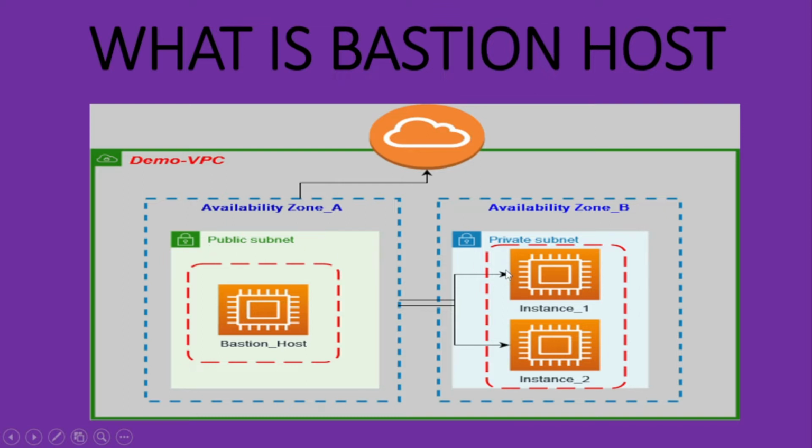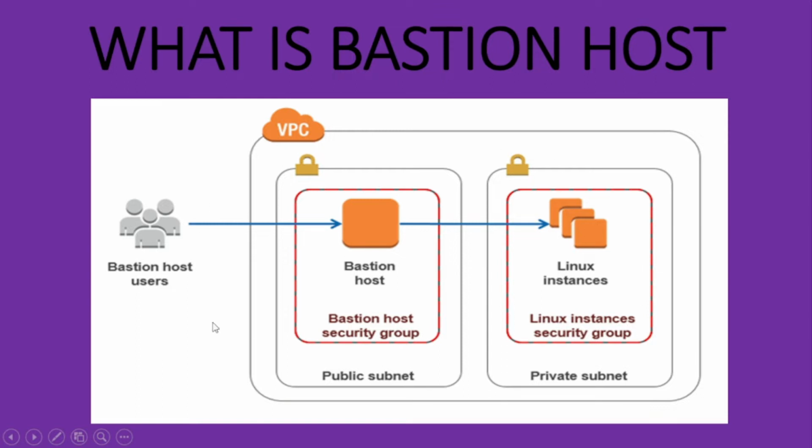One is a public subnet, another is a private subnet, in different availability zones, and then I will connect the public subnet with the internet gateway and do all the configuration which is required to access these private instances. So here we have one more diagram which will illustrate this more clearly. Now we are the user here, the Bastion host user, and this is the Bastion host security group in the public subnet. This is the VPC inside which all of this resides, and this is the private subnet part with the other Linux